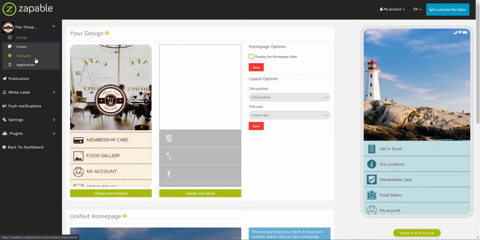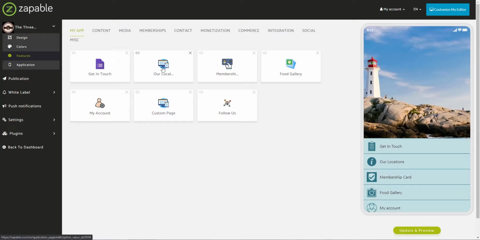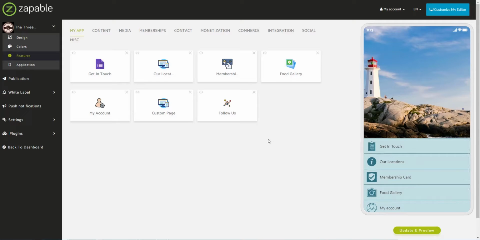So if I go into the features section here, we can see that we've got the get in touch, we've got the locations, membership card, a food gallery, the my account option, we've got custom page, and we've also got the follow us option here as well, so you can see all these in here. Now I have just made some light customizations on here and populated some text just to give the app a look and feel, but we will be going through each of these to get an idea of how to customize